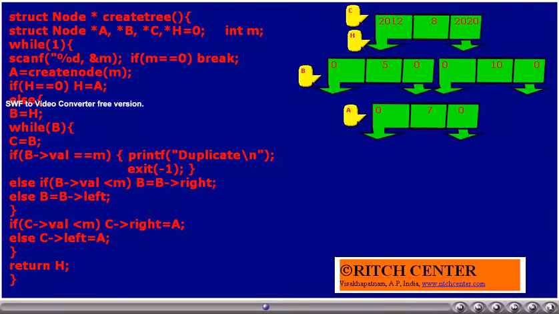No. If BRON is less than m, B is equal to BRO right is executed. Currently, BRON is 5, m value is 7. So B is equal to BRO right statement is executed. Thus, B value becomes 0.